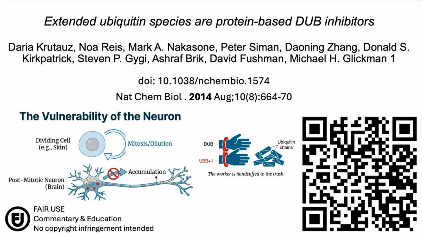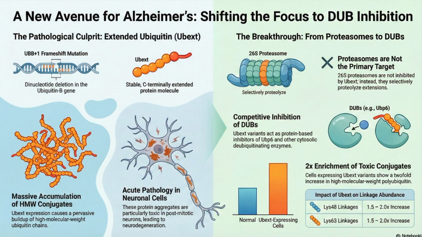All right, just wanted to talk about this 2014 study that I was on, where we investigate these extended ubiquitins that are the product of mRNA frameshifts, with the main culprit being UBB+1. So especially in neurodegeneration, the accumulation of UBB+1 is a big problem for the cell. A lot of people would assume that it's just the proteasome that's affected, but what we really pin down here is that